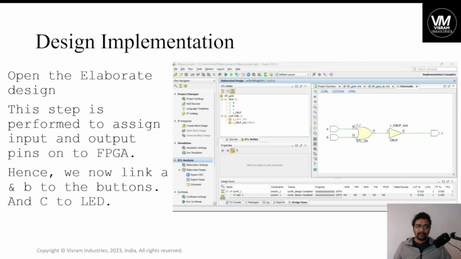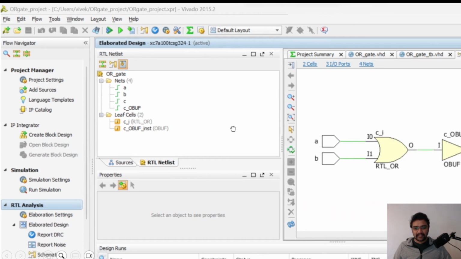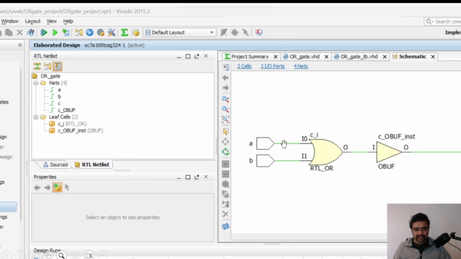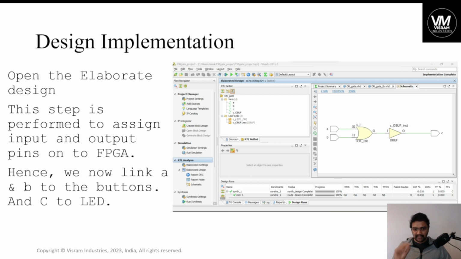Now go to the elaborated design. Why do we need the elaborated design? Because in the elaborated design you can see the ports, and all the nets are nothing but wires. Nets are wires connected between ports. Between elements, you connect these ports and elements using nets. Very simple. So in that net, if you want to check the connectivity after the elaborated design, after the implementation,